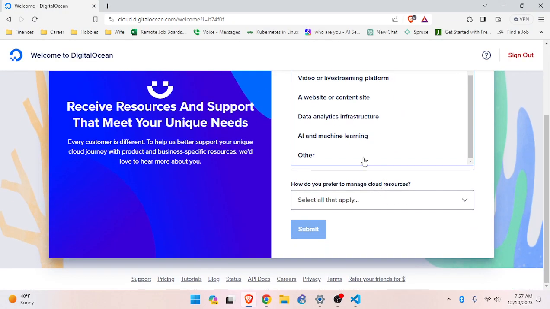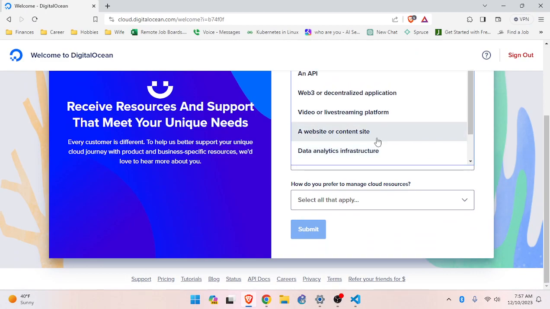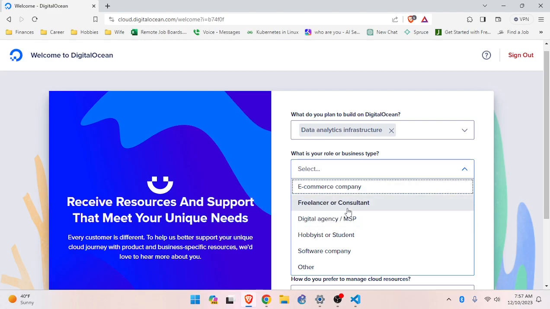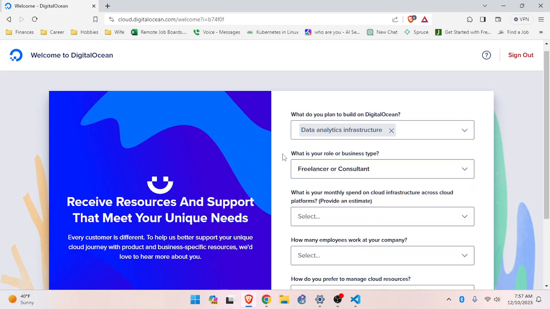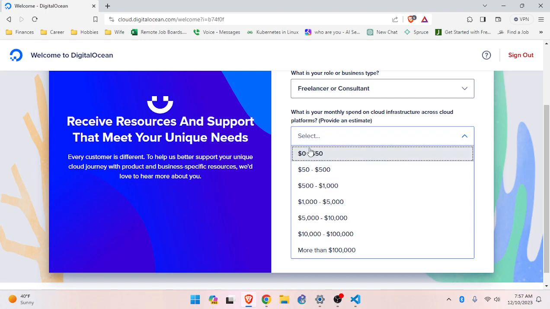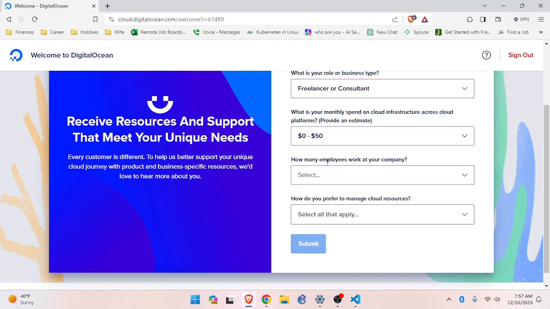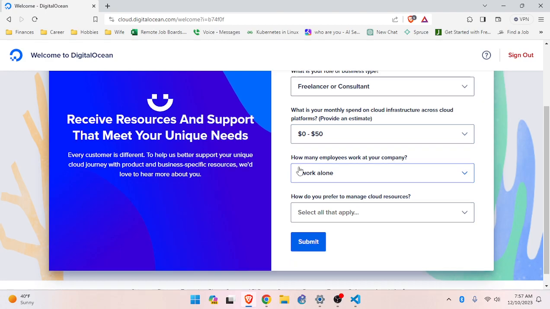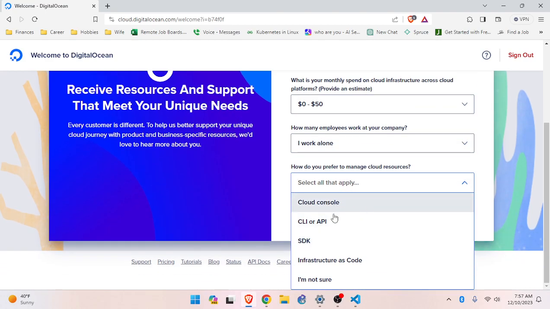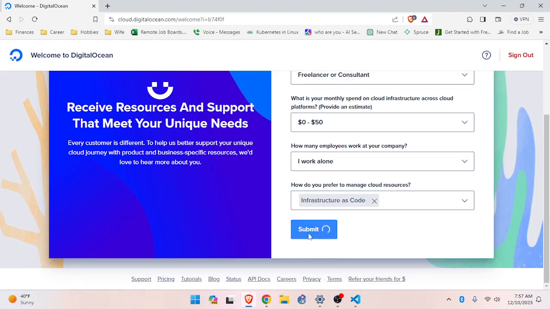So it's for infrastructure. Role or business type, I guess consultant. Monthly spend, 0 through 50. Work alone. Manage infrastructure as code. Okay.